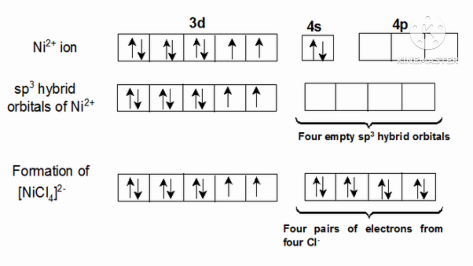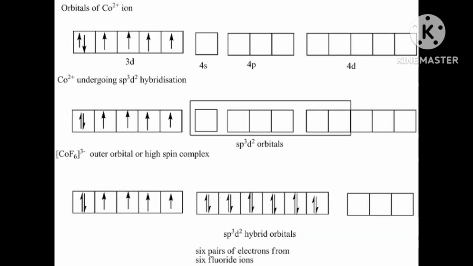DSP2. After hybridization, these will be called hybrid orbitals. DSP2 hybrid orbitals after hybridization. Now in the square planar complexes, the hybridization involved is DSP2. One example is nickel